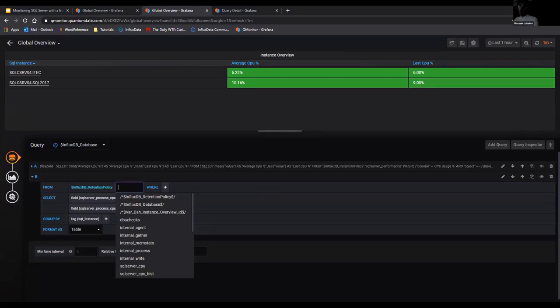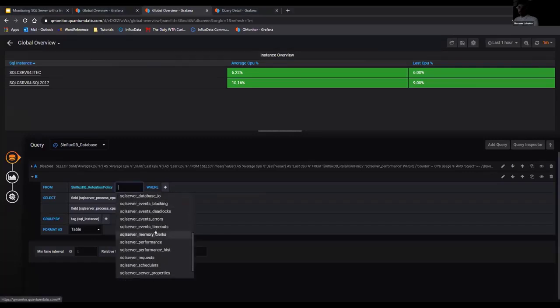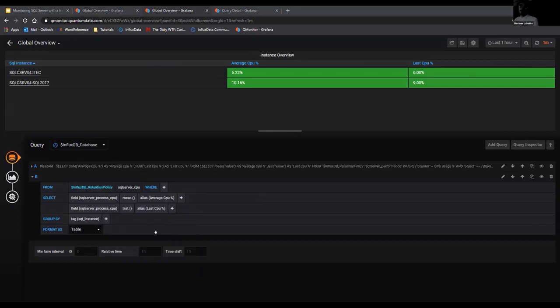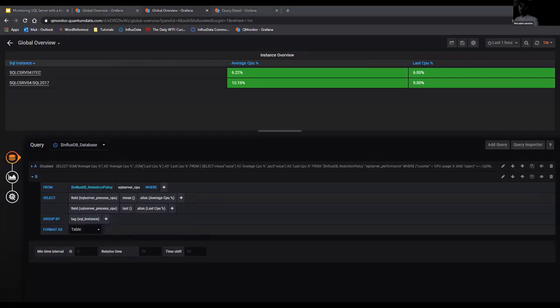actually querying my data. So here is the list of all the available measurements. As you can see, I have all the SQL Server related measurements, which is the equivalent of a table. And here I can select my actual values. So here I have the SQL Server process CPU, but as you can see, it can also list all the other fields available. So you don't actually have to learn InfluxQL to be able to query your data, even if I suggest it, because for some advanced queries, you will require it. You can't just create queries. So some complex queries cannot be made using this interface, and you will actually have to